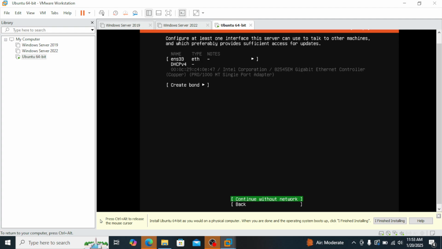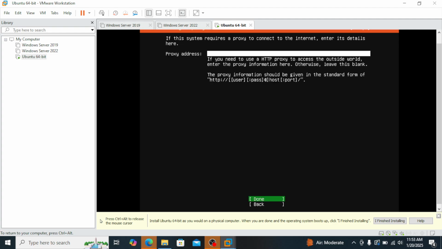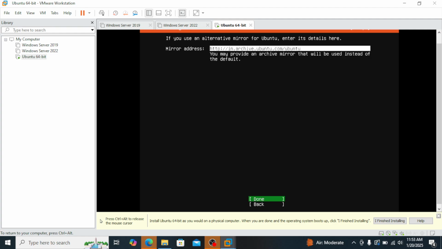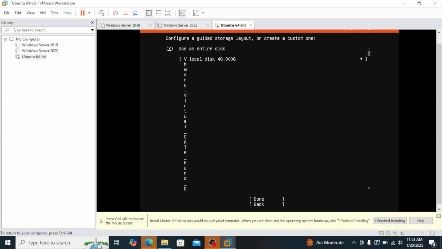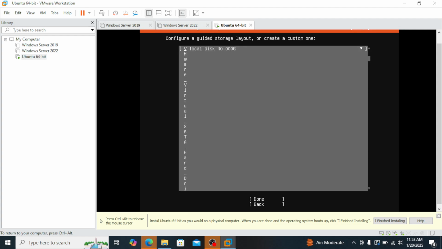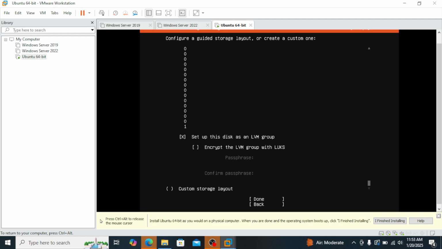Okay, we can do the networking part later, so you can continue without networking and you don't have to give any proxy. Done, and go for done. Yeah, use the entire disk. Hit on tab and click on done